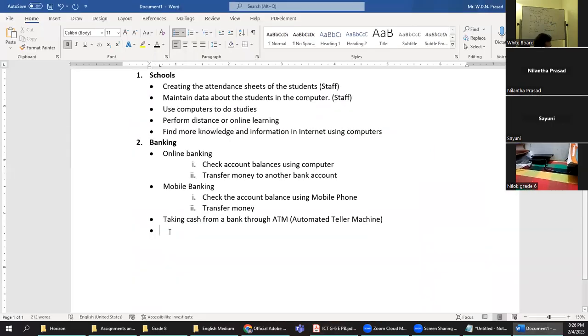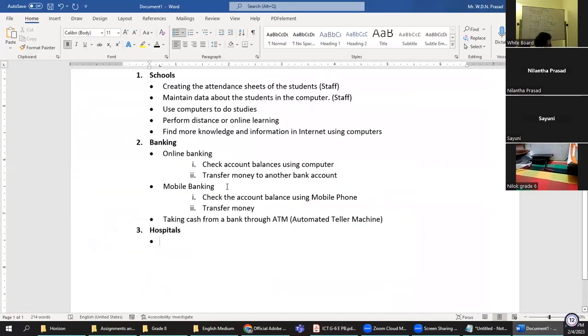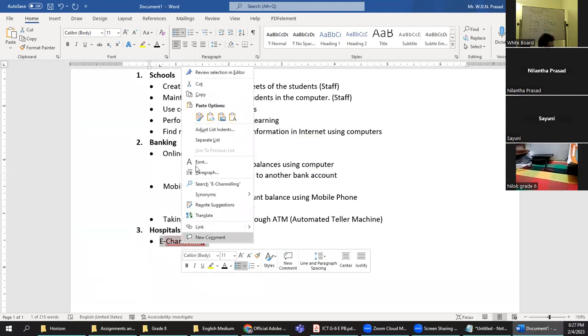Then in the hospitals, right? Number 3, hospitals. Hospitals are also going to use computers for getting things done very easily. So now I will not go through all the things that are here. We will discuss something called e-channeling. So you may have heard. Using e-channeling, that means if you want to go to a doctor, if your parents want to go to a doctor, so they will sometimes not,